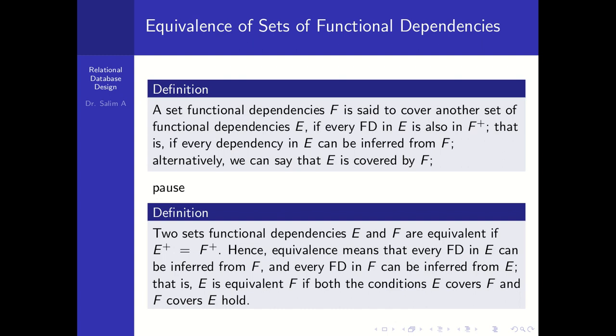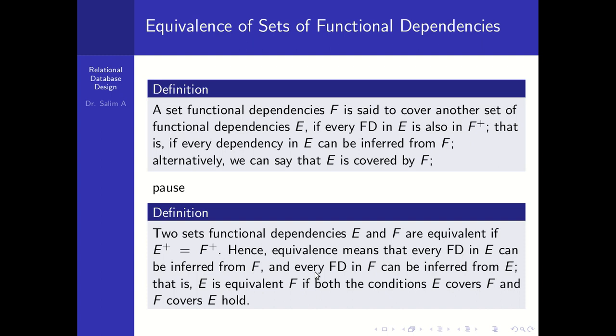Definition: a set of functional dependencies F is said to cover another set of functional dependencies E if every FD in E is also in F closure. That is, every dependency in E can be inferred from F. Given a set of functional dependencies F that covers another set E, what can you say in that case? That is, if E closure is F closure, in that case you can say